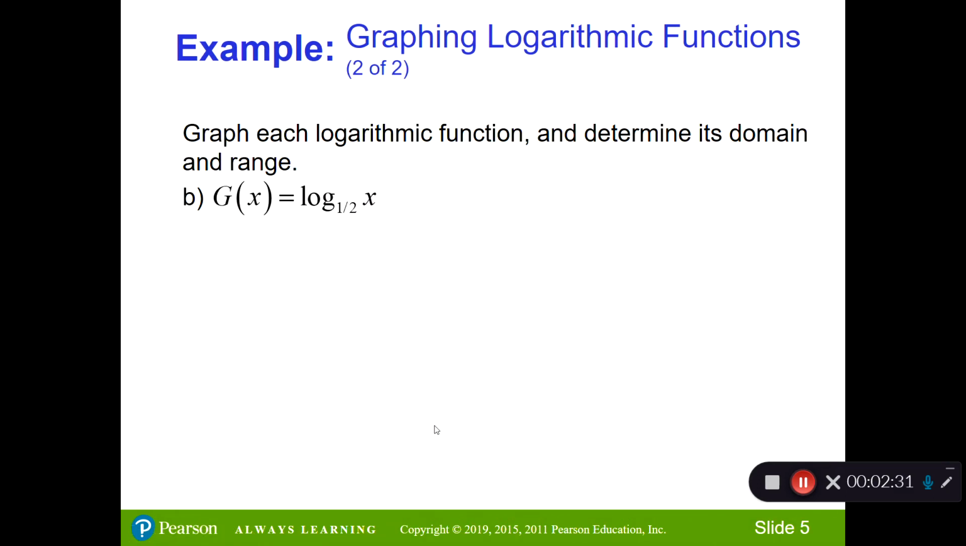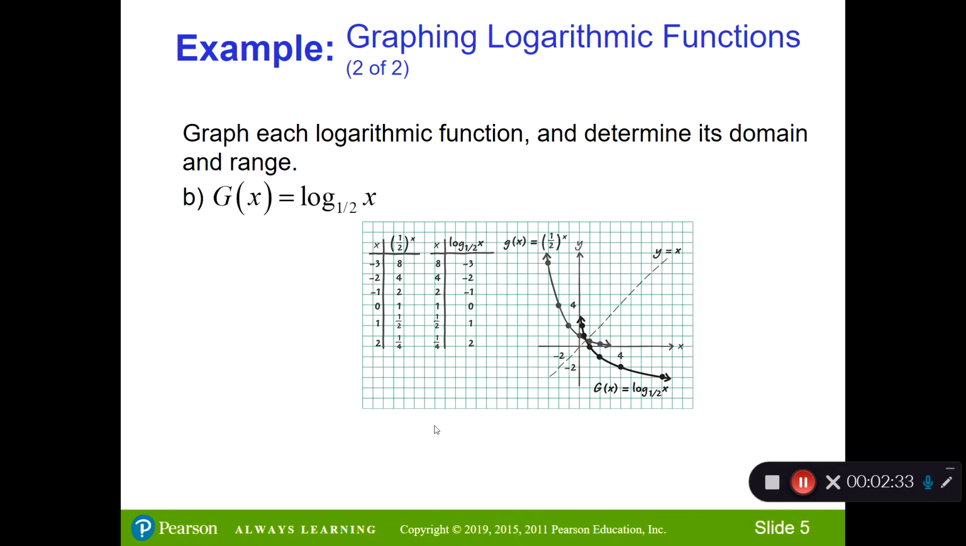Let's graph log base 1/2 of x. We're going to do it exactly the same way. Start with the graph of 1/2 to the x, which is this curve. Flip the x's and y's, and it will generate this curve. Now, remember, the other curve, the exponential curve, looked like this. So this is just reflected across the line y equals